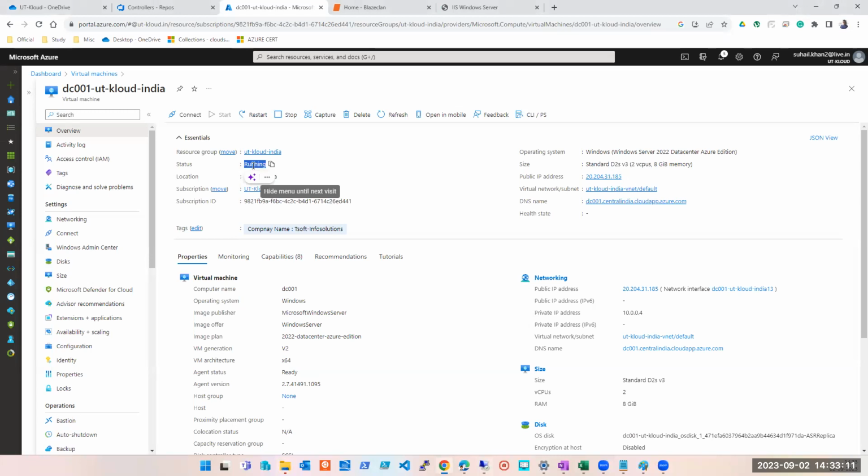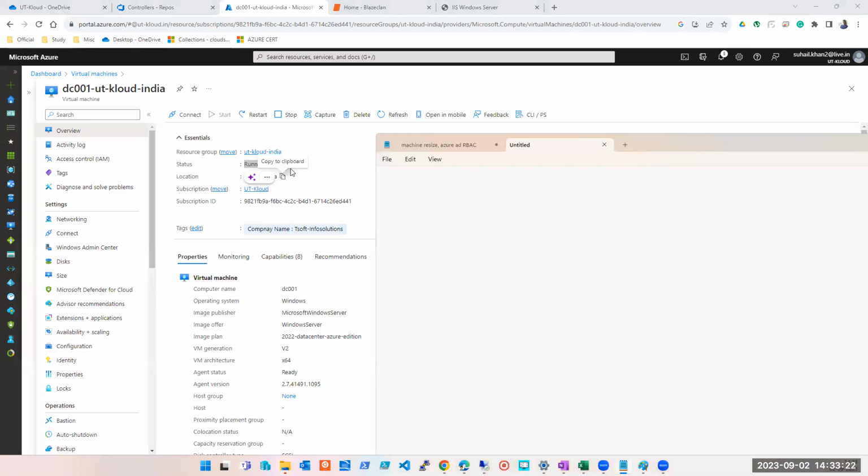Okay, now the status is running, which means let me open a notepad and I'll make a note of it for you guys. But you guys will have to understand this and keep it in your mind or understand it well. Write it down somewhere if you want. However you want to learn it, whatever style you like. So if my machine is in running state, what does it mean? That I am paying for their